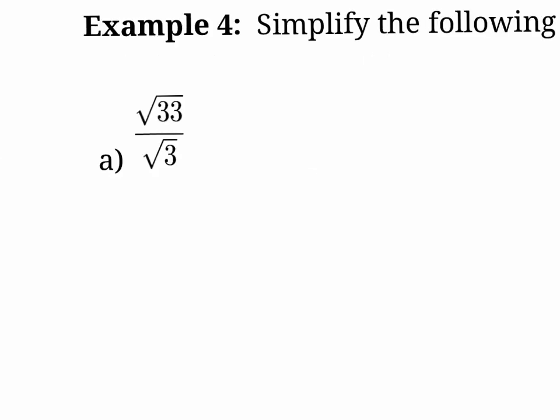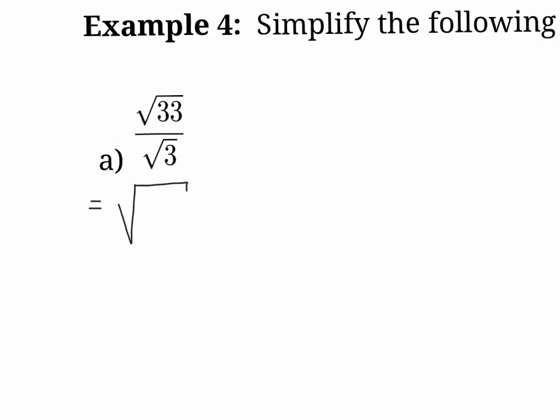So let's take a look at this guy here, and we're going to try to simplify it. Sometimes it makes sense to just simplify what we see. Is there any perfect squares within 33? There isn't. Is there any perfect squares within 3? There's lots of ways to simplify this, but I think it's easiest to actually just make this into one big